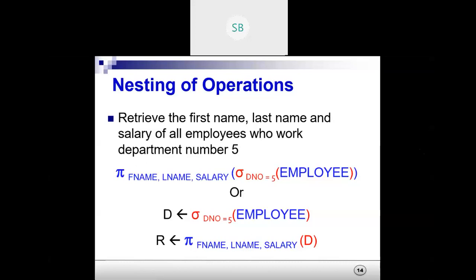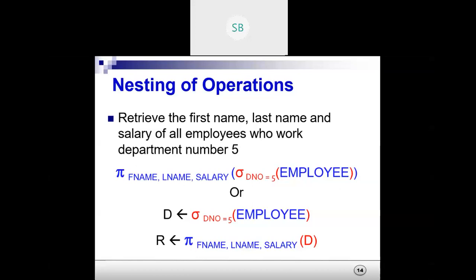For that purpose, when we go for this nesting, we first need to find out the employees who are working in department number 5.